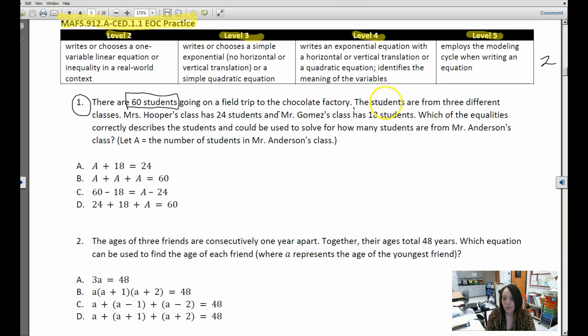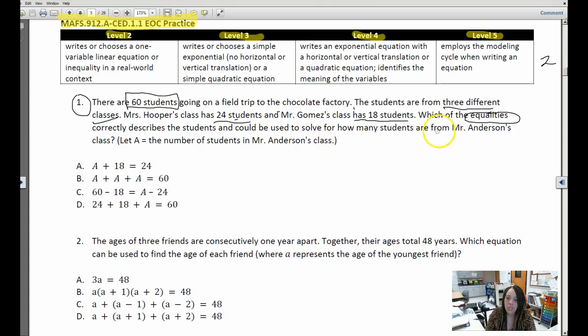So what else do we know? The students are from 3 different classes. I'm going to underline that, 3 different classes. So here are the classes. Mrs. Hooper's class has 24 students. I'm going to underline that one. Mr. Gomez's class has 18 students. Period. Okay. Which of these equalities, I'm going to circle equalities, correctly describes the students and could be used